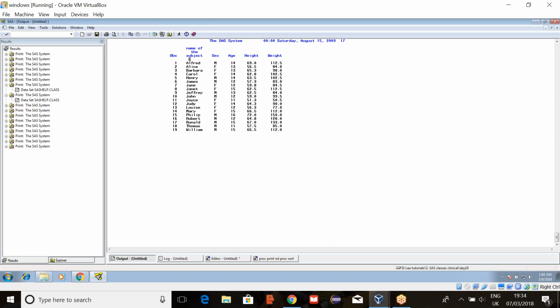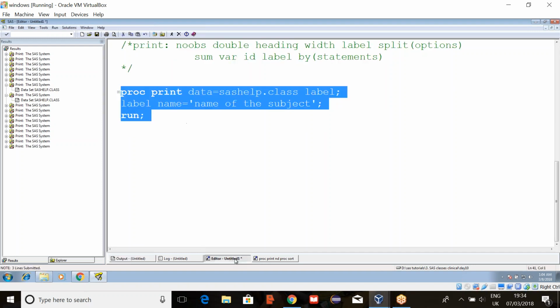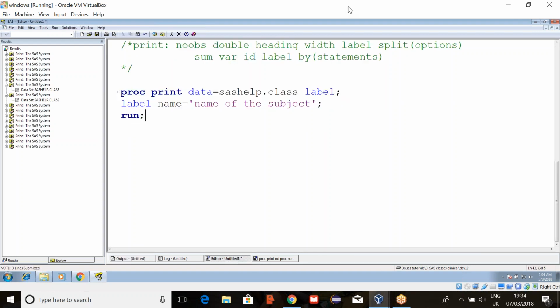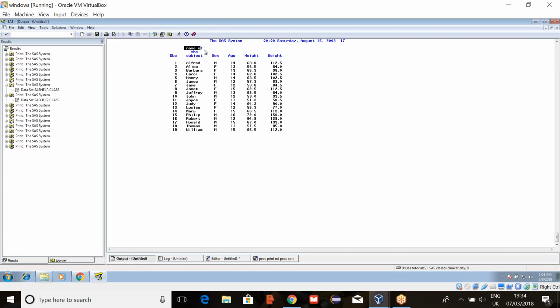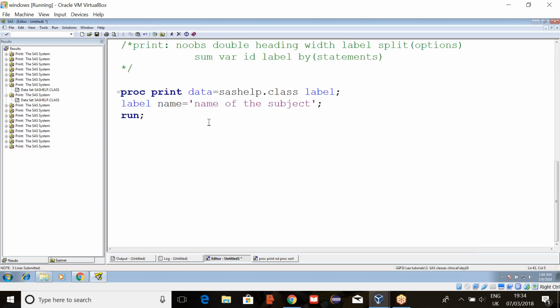But this is not the same case when we use them in the data step, right? Now here, as per the SAS length, it is printing name of the subject. But I want to print name in one line, of in the second line, the in the third line, and subject in the fourth line. That means I want to split this. So if you want to split, simply mention some character here, and wherever it is there, you break.